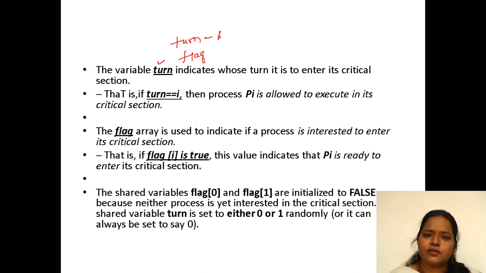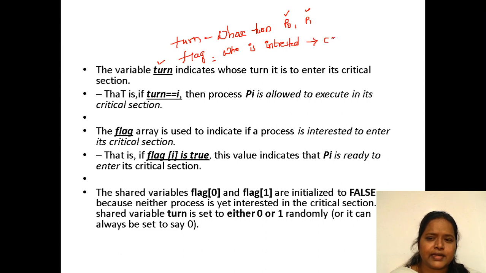Turn indicates whose turn it is, whether it is process P0's turn or P1's turn. And the flag indicates who is interested to enter into the critical section. These are the two variables he has used.